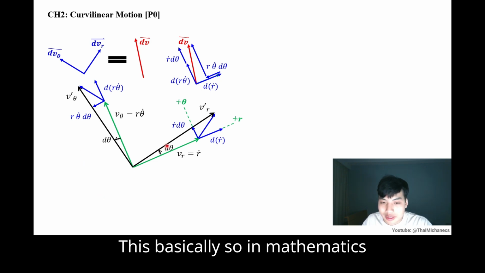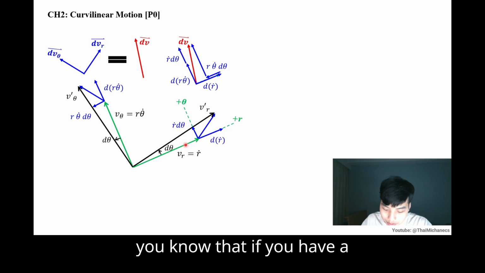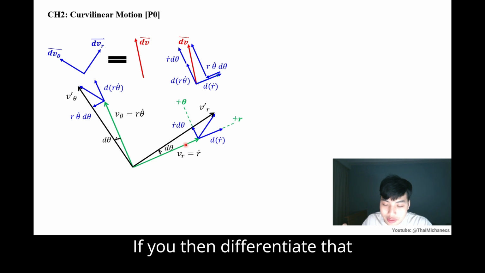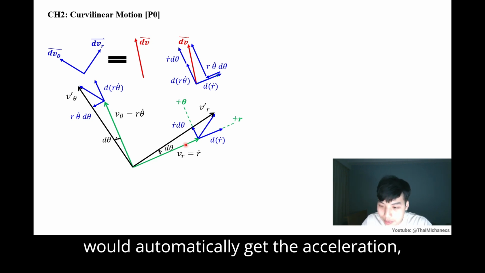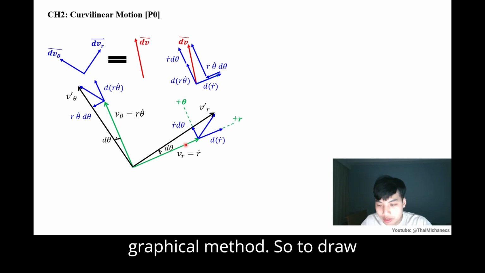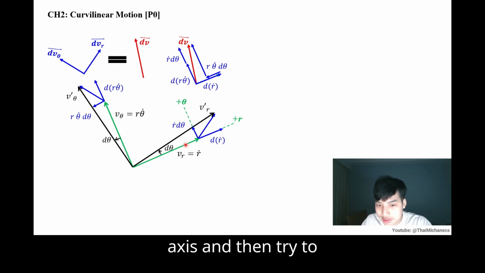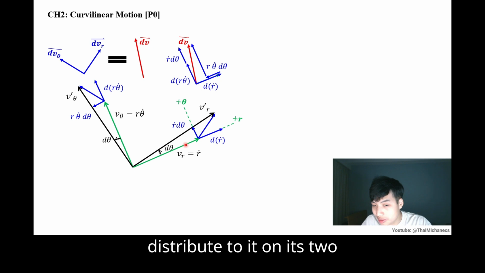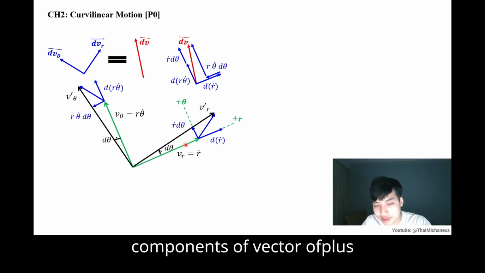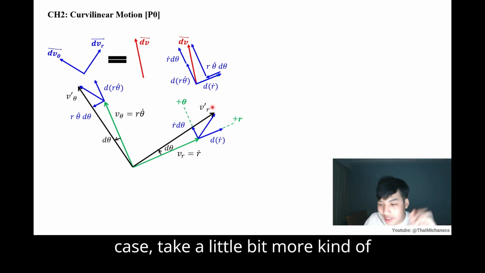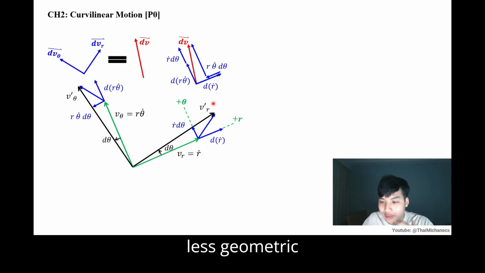In mathematics, you know that if you have a velocity relationship and you differentiate that relationship with respect to time, you automatically get the acceleration, right? Previously, I showed you how to derive the acceleration vector by the graphical method: drawing axes, summing the vectors, and distributing them into their two components, positive theta and positive r. In this case, we take an approach with a little less geometric